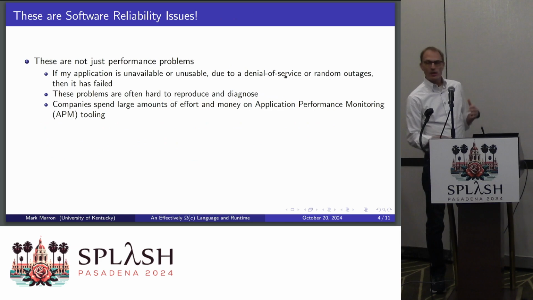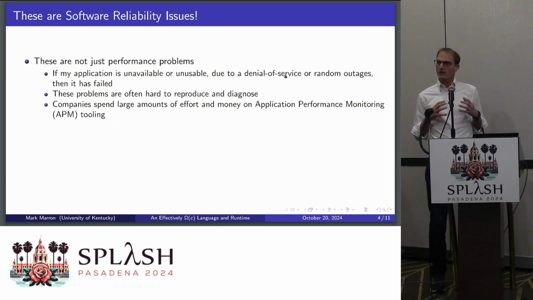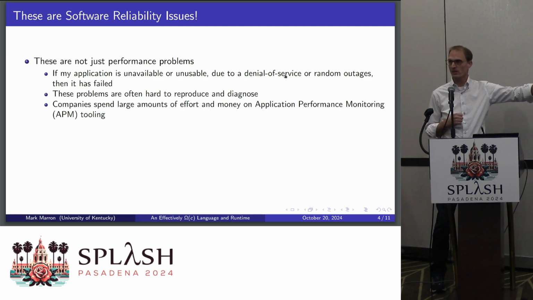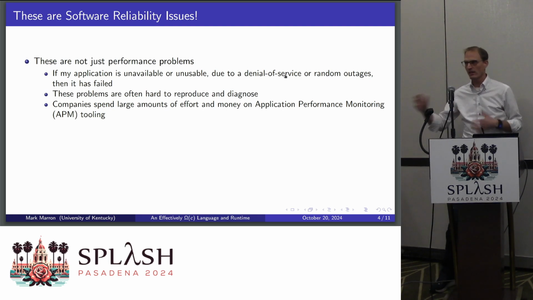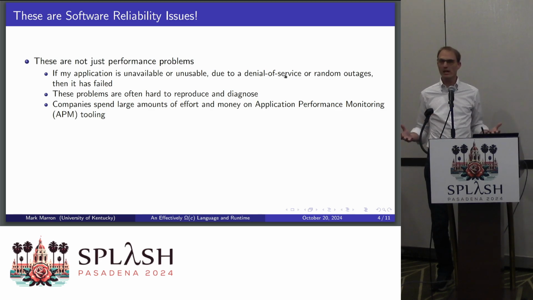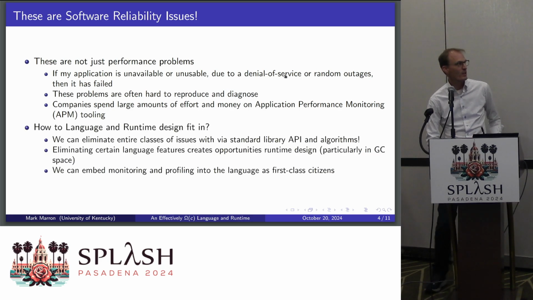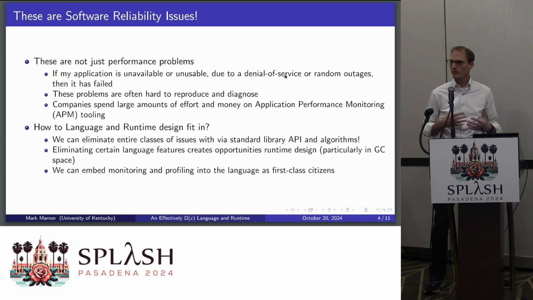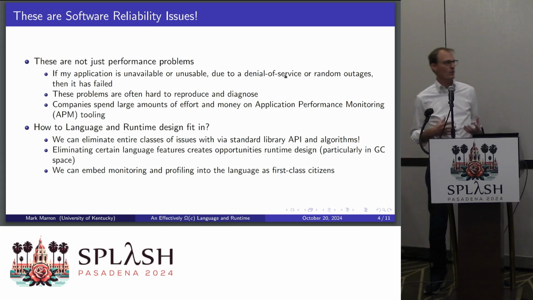And interestingly, like I said, I started thinking about this from a software quality and reliability angle. But it doesn't matter if my application crashes because I had a null pointer exception, or my application is unreachable because it has terrible tail latency and is under a denial of service attack. Either way, my people can't use it, it's not doing its job, it's unreliable software, right? And so the question is, how do you design a language that solves some of these problems? Can we think about this in a bit of a holistic way?